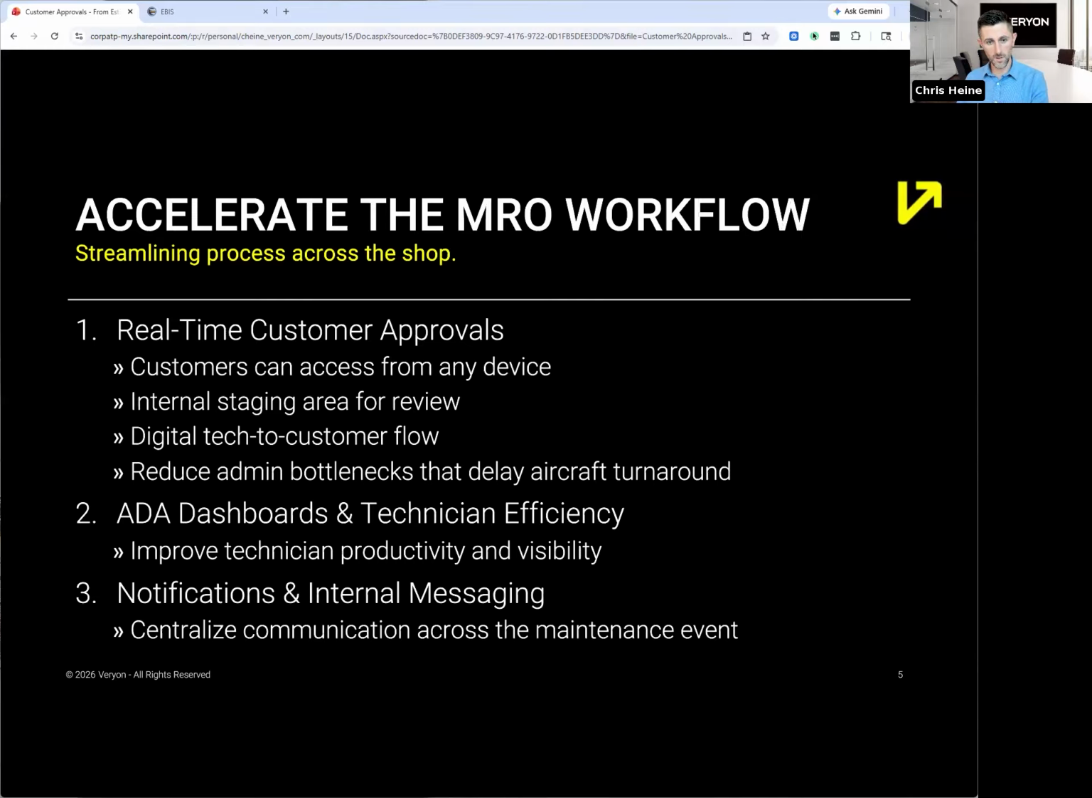Somebody would write something down, then bring it to somebody. They put it in a spreadsheet. They would review it. Then they put it in the quote. What this does, and I'll show it to you with the iPad as well, is allow you to have a completely digital flow from the technician inside the shop to the customer and back to the technician,